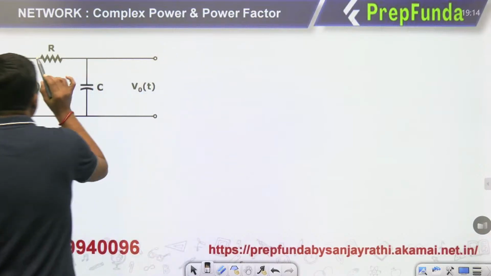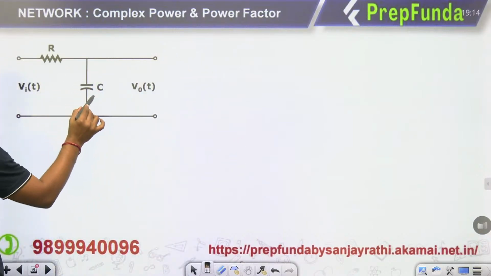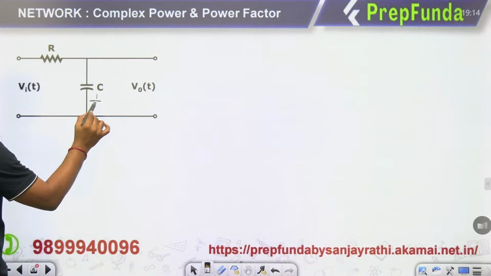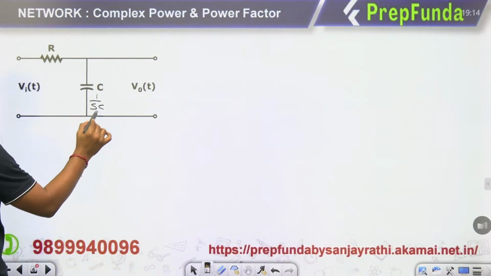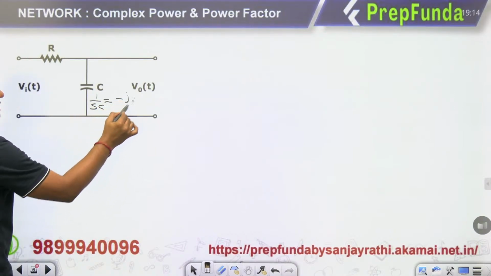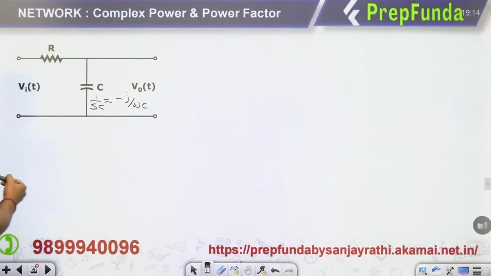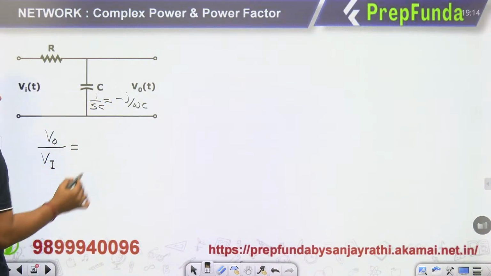Now, in phasor notation, the capacitor is represented by 1 by SC, and what is the S? 1 by j omega C, and that will become minus j by omega C, and this is R. So according to the voltage division rule, V0 upon Vi, in phasor, is given by the impedance across the capacitor